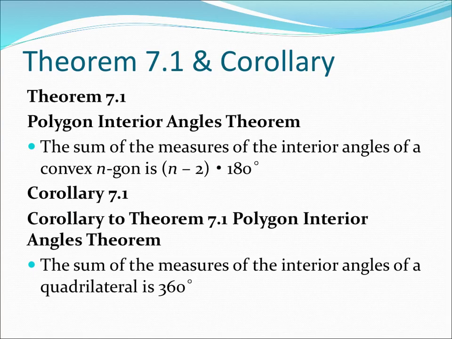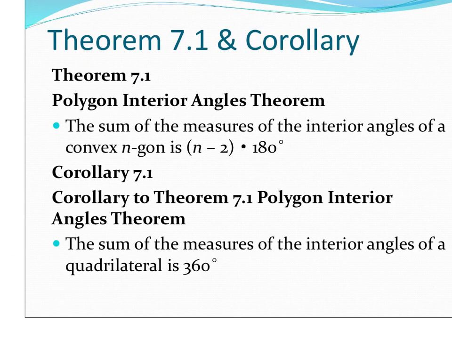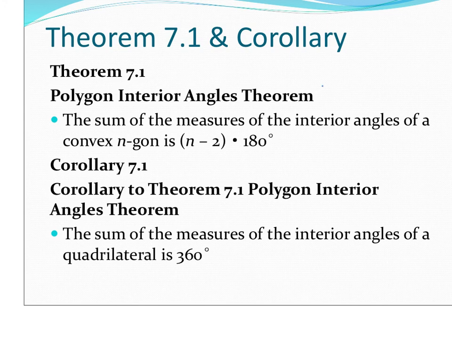So next slide actually has this formula now officially presented as a theorem. So here, the polygon interior angles theorem is just n minus 2 times 180. And that will give you what all of the angles add up to be. The corollary to that theorem,